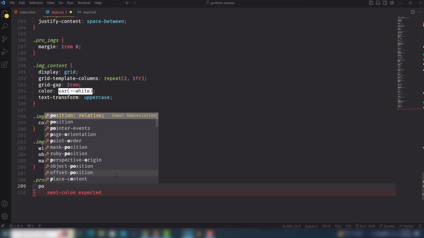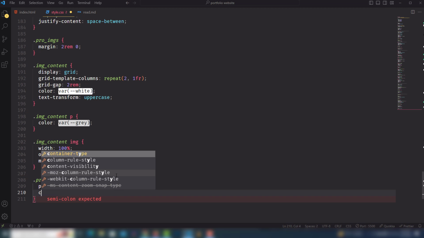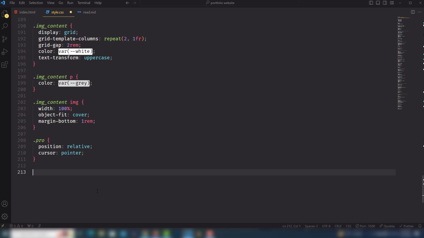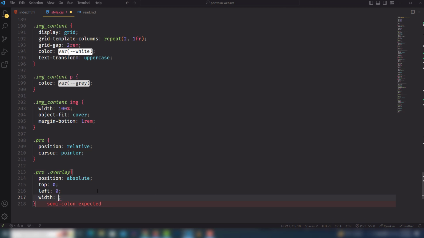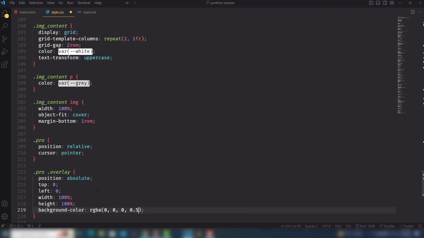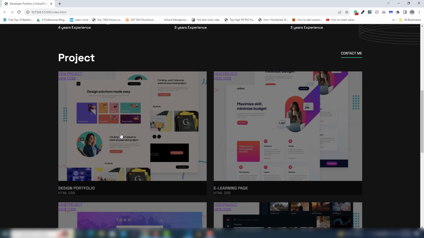I need to use position relative, and also I'm going to use cursor pointer when I hover the mouse. Right now I need to use pro. Inside the pro have overlay. I need to use position absolute, and I will use top 0, left 0. I will use width 100% and height 100%. I will use background color RGB with 0.5. So we need to save, and yeah, the content is up here, and the overlay effect also, but the content